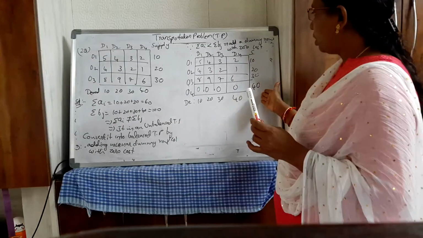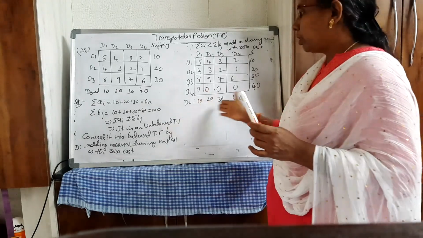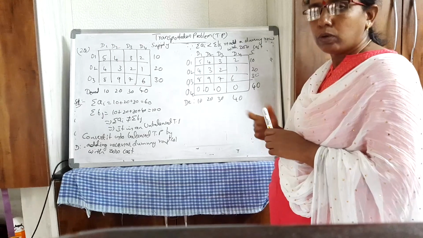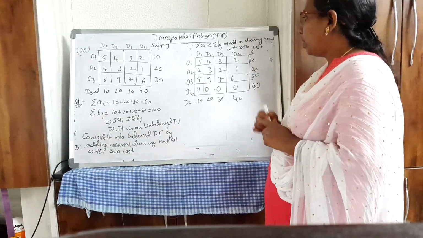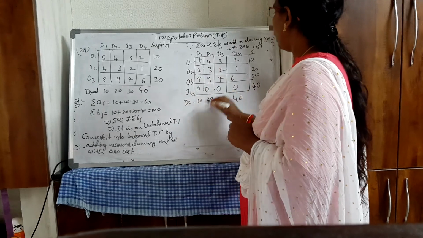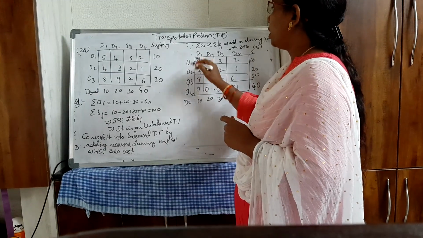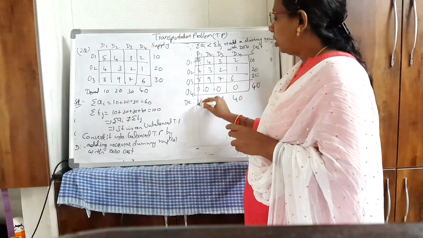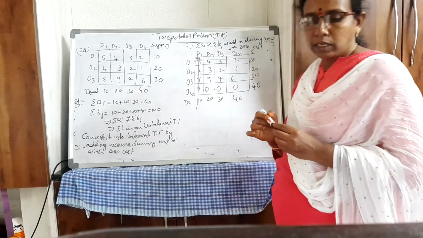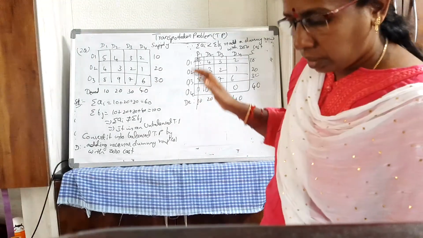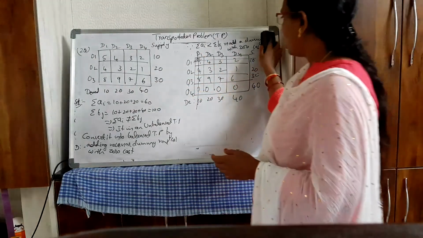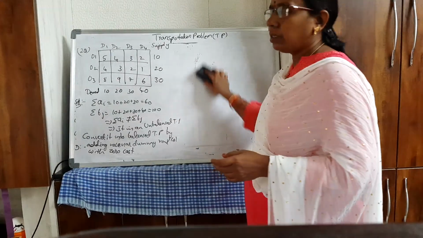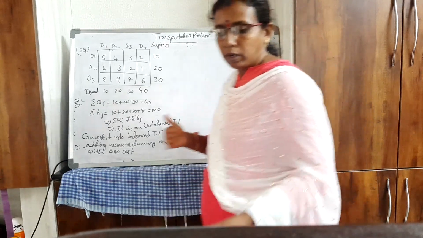Now summation Ai will be equal to summation Bj. Now you can find the initial basic feasible solution using northwest corner. Again go to the corner element, take the minimum of these two, and allocate 10. Any one of them you can strike off. Then the same procedure, the usual procedure, you have to follow. So whenever it is an unbalanced transportation problem, you have to convert it into a balanced transportation problem and solve it in the usual way.